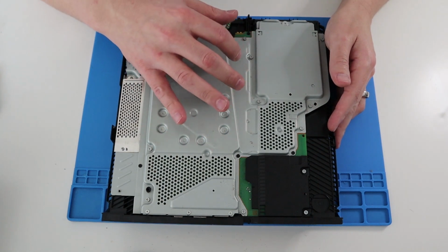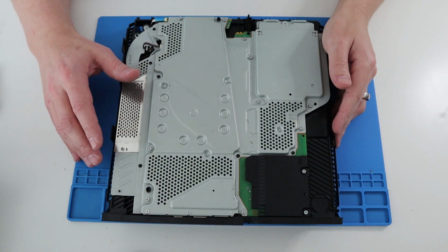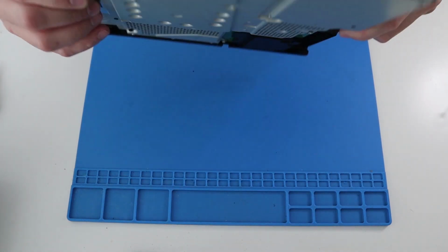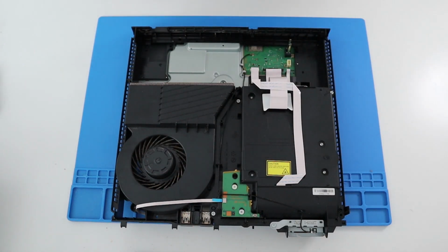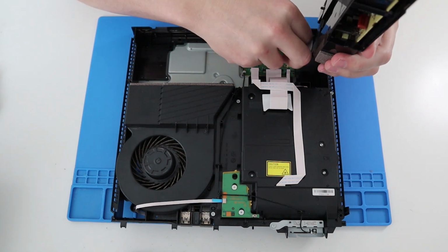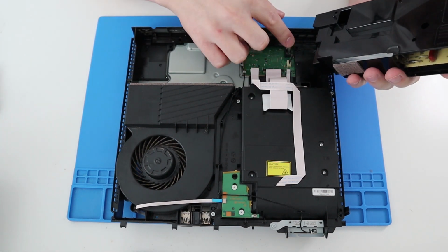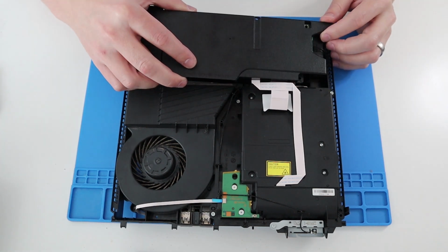Just double checking we've got no missing screws. Don't think we have. Good. Right, let's get the power supply unit in, and then we can try powering it up. So obviously cable connector, and it goes in one way round, so pop that back in. Now you've got these two big prongs which actually feed the motherboard from the PSU, so just be careful of